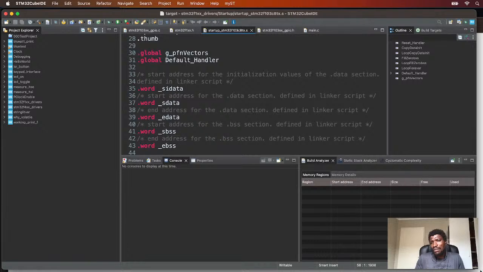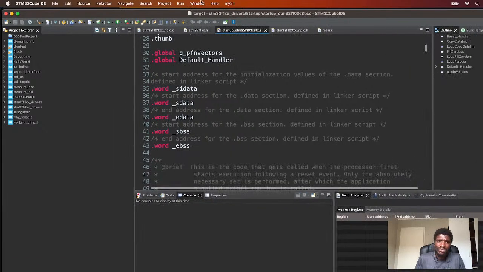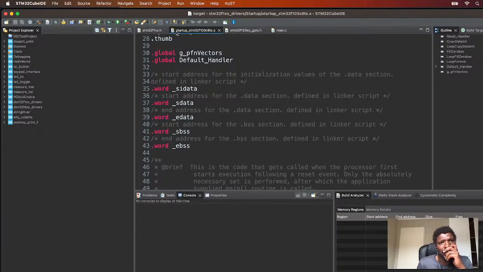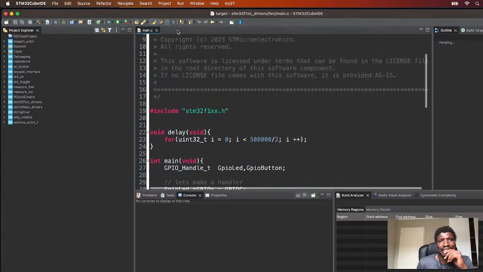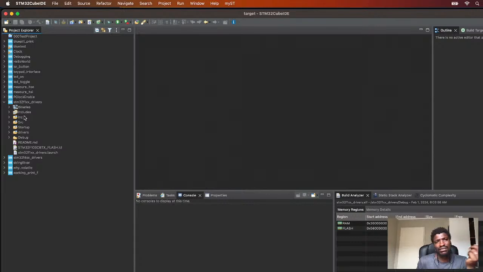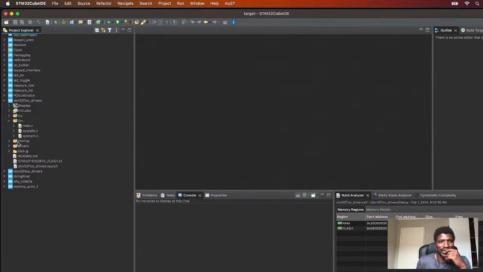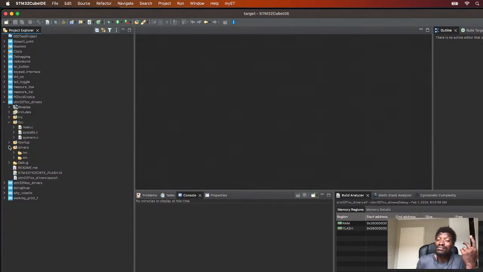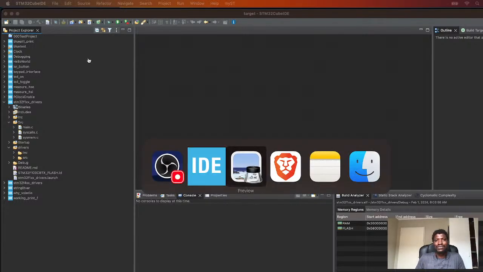Cool. I'm writing my code in STM32 Cube IDE for today. You can use Keil, or not an IDE, depending on what you want to use. That's all quite easy. Okay, cool. So here's the first thing. We're going to the project. I'll share the links. The links to this project and everything will be in the description. You should have it already if you're on this stream. I don't know how you got to this stream without the link to this project, but it should be in the description. Or rather, I can quickly just